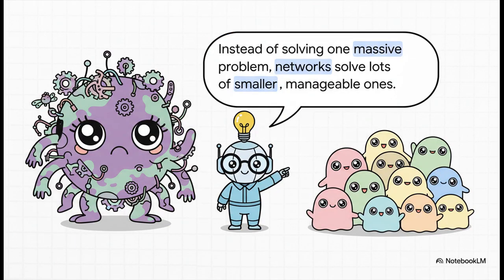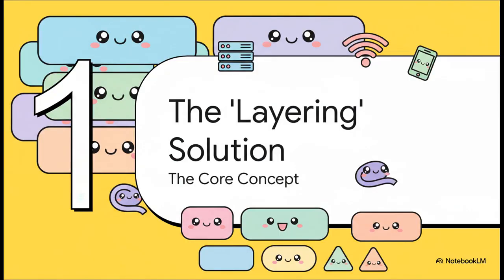And here's the secret. It's not one single complicated solution. The real genius behind all of this is realizing that instead of trying to solve one gigantic, impossible problem, it's way, way easier to just solve a bunch of little, manageable ones. It's all about breaking it down into bite-sized pieces. So this really clever strategy of breaking things down, well, it has a name. It's called layering. And honestly, it is the fundamental concept that makes our digital world tick. So let's really unpack what that means.